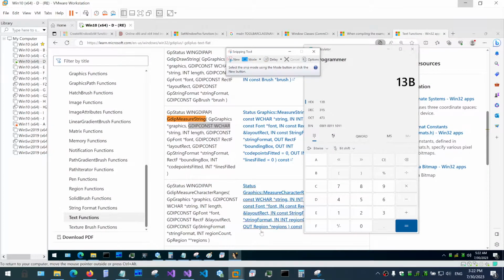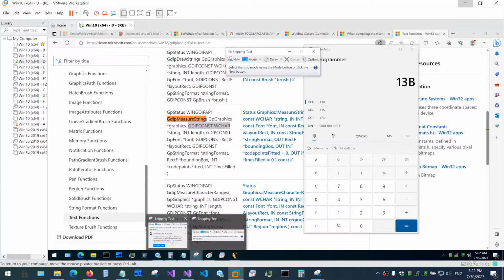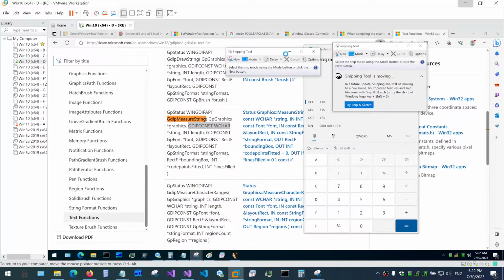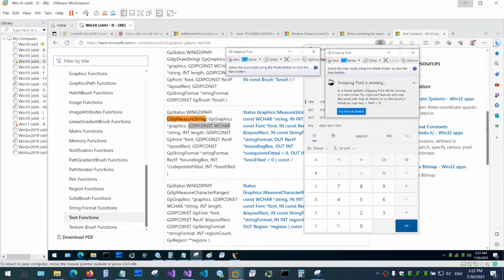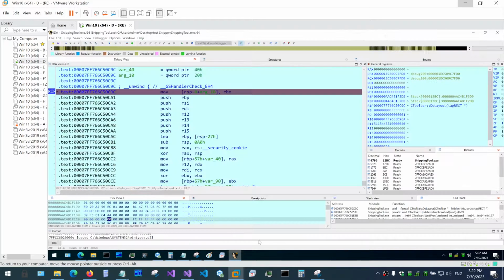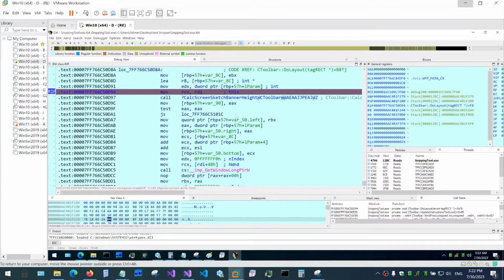As you can see over here is the snipping tool without the bottom banner, and this is the snipping tool with it. And this is exactly what we wanted by hiding it here. Okay, well, that was a really long one, so the only thing that's left is to actually find a way